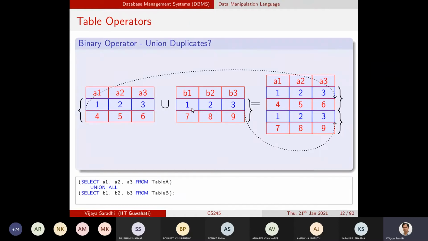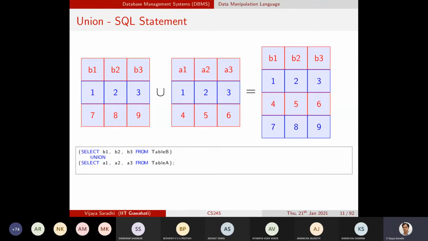So there are no differences. What if you wanted to retain the duplicates? Here the database engine will remove all the duplicates. But in some query instances you want to retain the duplicates.